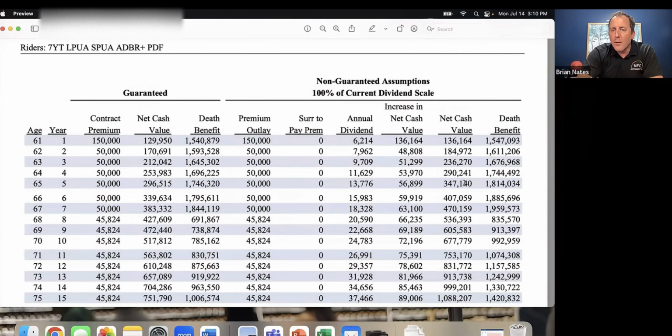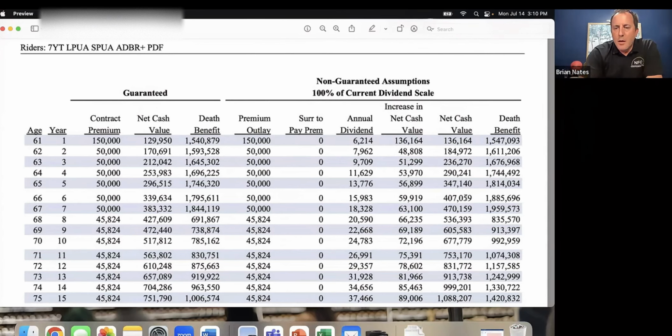347 and change. Year seven, it's at 407. Year eight, 470. The cash value that you have access to is ridiculous and so efficient. This is not an investment vehicle. This is a savings vehicle, but way better. You're going to utilize these dollars and still get the compounding growth on the full amount, which I'm going to